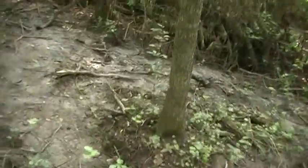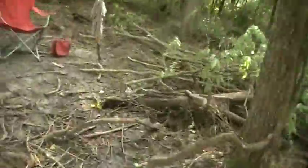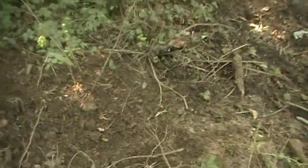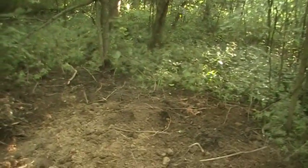We've walked through the Sedalia house. I should have opened the door, I forgot. Come all the way down here to the very end. And like I said, we don't know what's out farther from here. It's still another 400 or 500 yards through the creek before it drops off. But I started back here. Actually, I started right back here. And I've dug about,